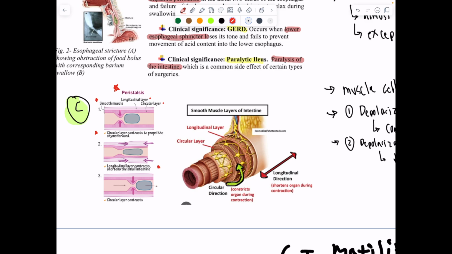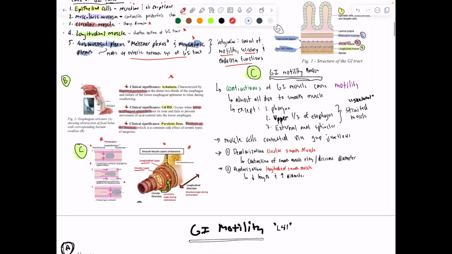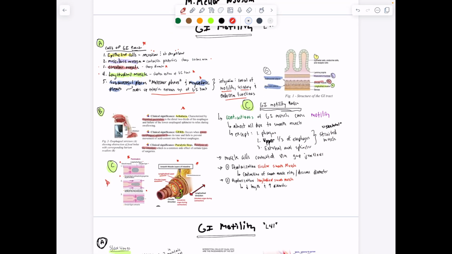And so really you can see, throughout the layers of the GI tract, we have the smooth muscle layers, and we have our circular layer, more internal, and our longitudinal layer overall. And you can see that we have the enteric plexus or myenteric plexus, and then the submucosal plexus overall. All right, so then that brings us, we kind of skipped ahead a little bit, but the basics of GI motility are